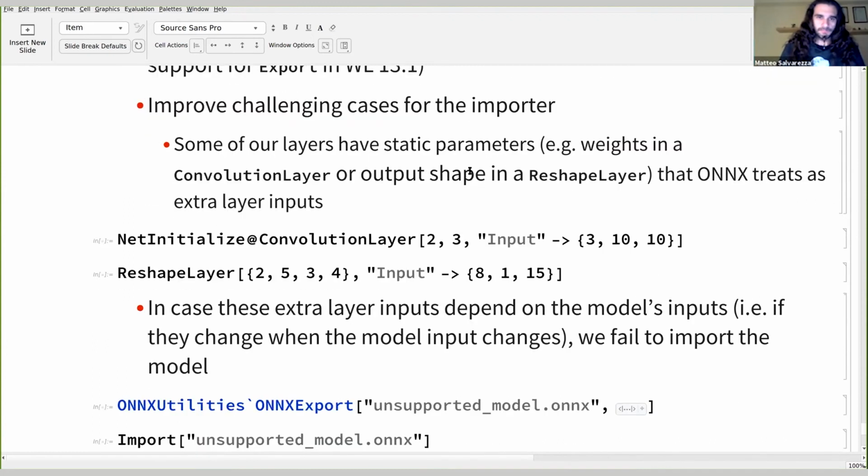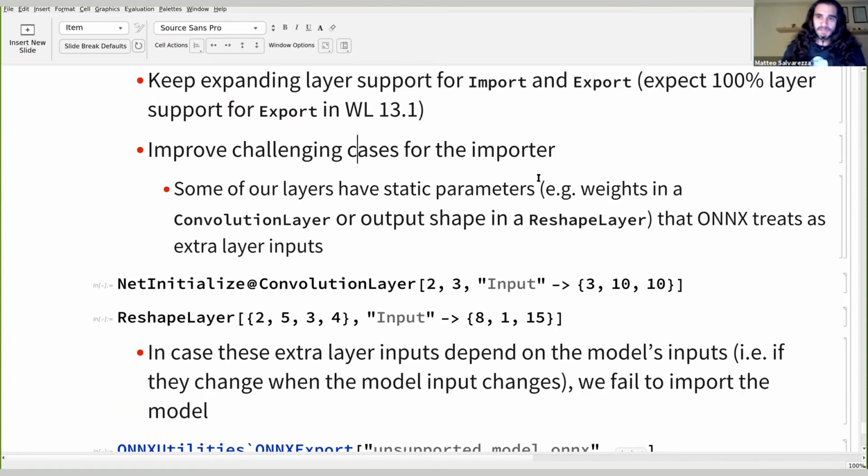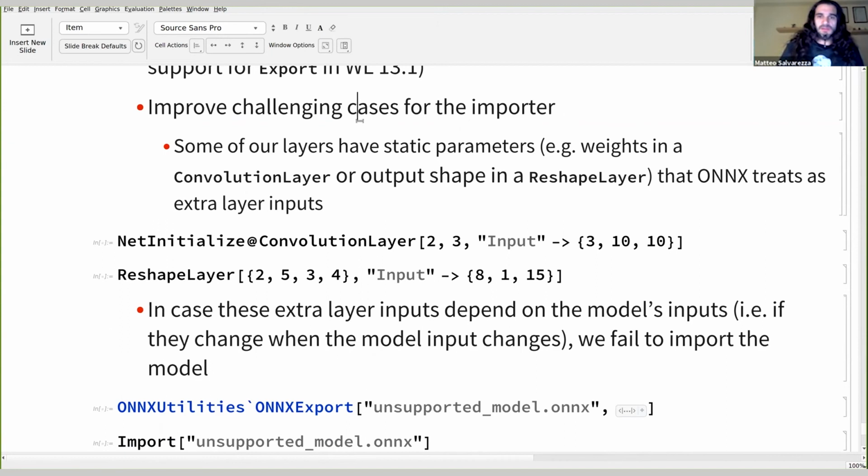And so the main difficulty here arises for cases in which some of our layers have static parameters. So for example, the weights in a convolution layer, or the output shape in the reshape layer, that ONNX treats